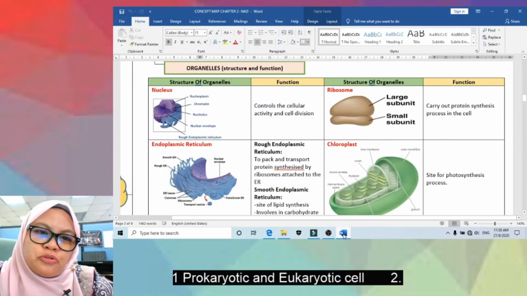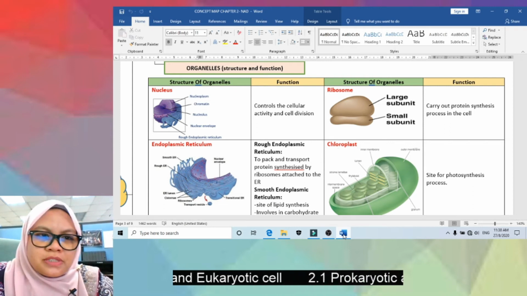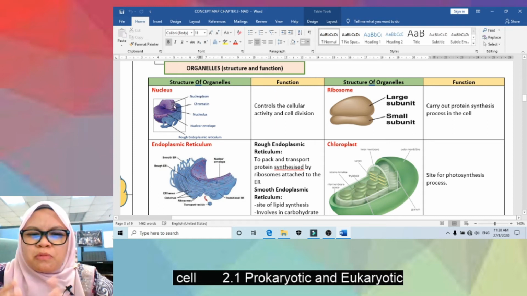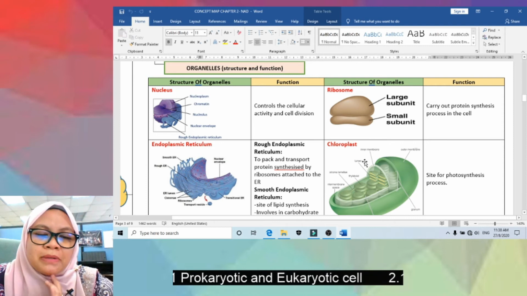Right, hi, let's continue with organelle structure and function. Okay, still in subtopic 2.2. Right, we start with the nucleus. So this is the structure of the nucleus that yang kamu kena tahu. Dekat sekolah kamu dah familiar dengan organelle ni semua, tapi maybe kita akan lebih detail di peringkat matrik ni dengan